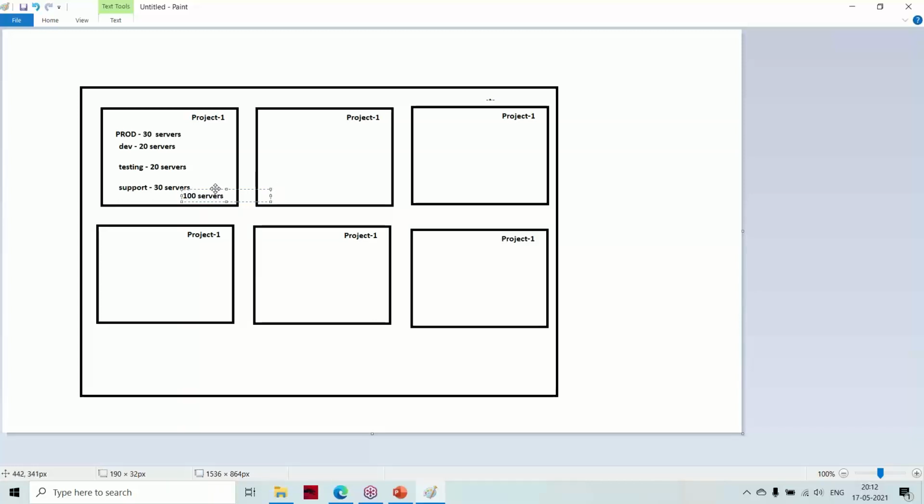So in our environment, we are having some 100 servers in one project.